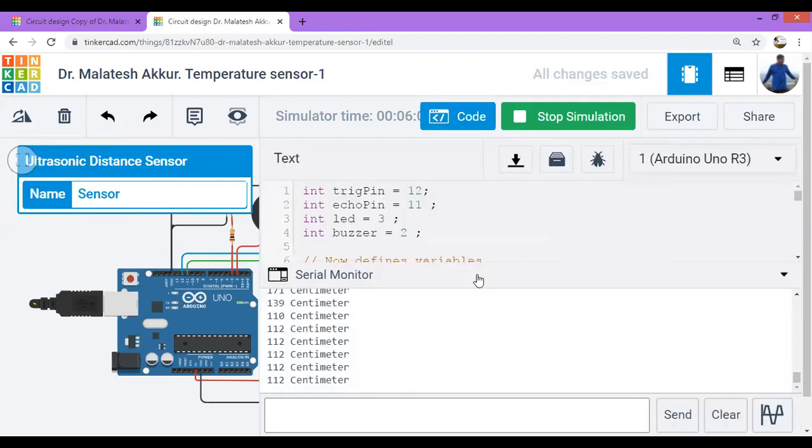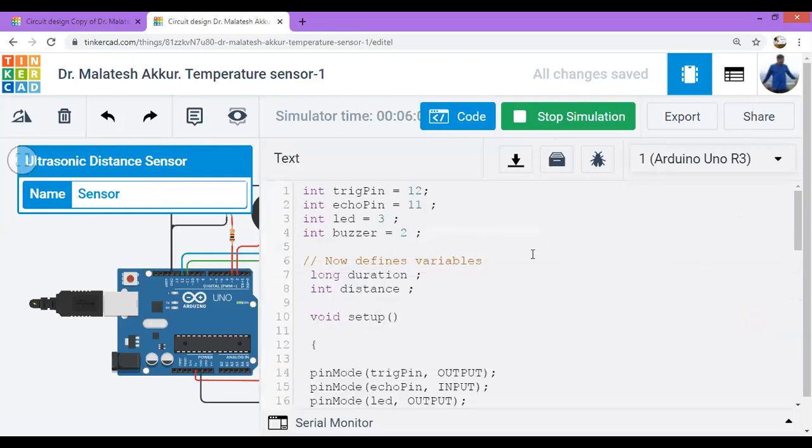Yeah. Now close this. 12, 11, these are the pins. I think you understand this. We can declare this inside the setup also, but we can give names for them according to our convenience. So I'm giving the names, the int, these are the variables, the trigger